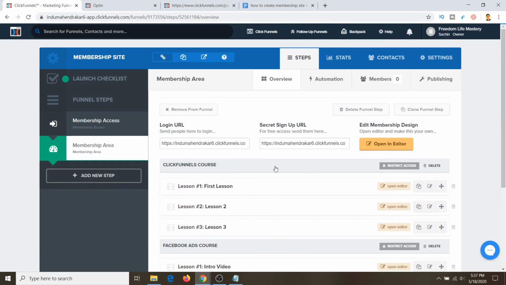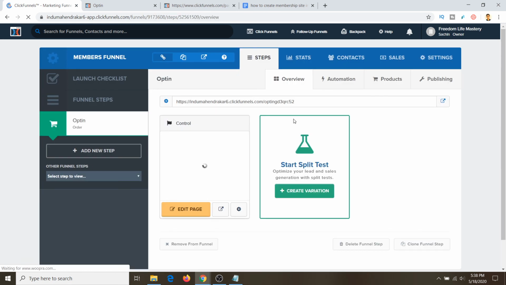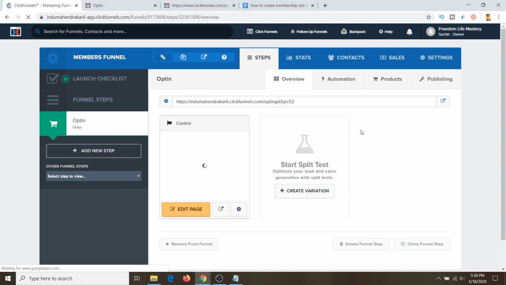Now one more thing: whenever somebody makes a purchase in your order form, you need to make sure that once they click on submit order, you send them to this secret sign up URL page. How you're gonna do that: you just copy this link, go back to your funnel where you are selling these courses, members funnel, and hope it's making sense.